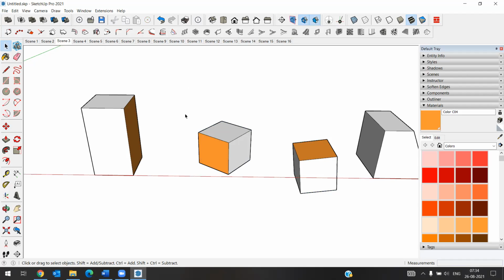So first one is select any object, aligning object, take align tool, and it is telling please pick a reference point on the selected entities. So this is the reference point. So first axis and second axis.